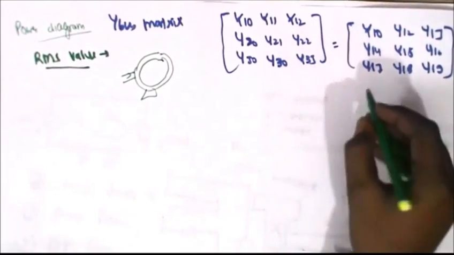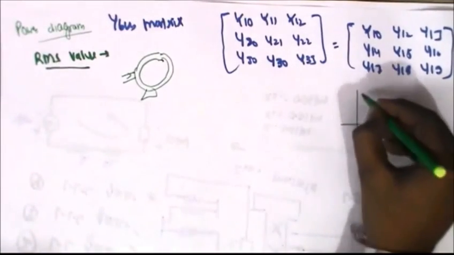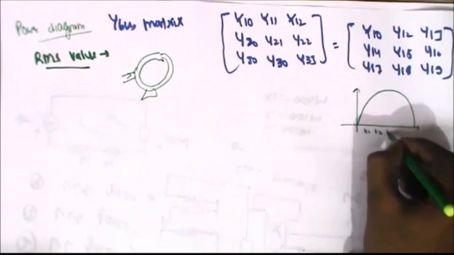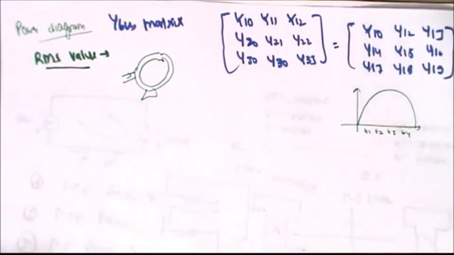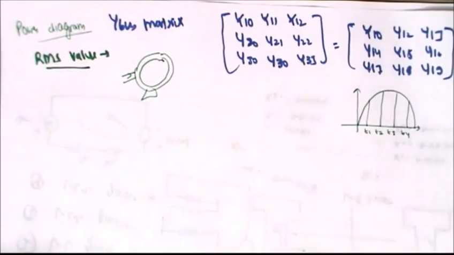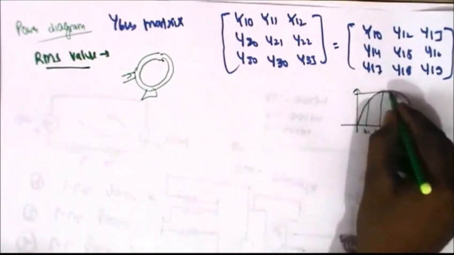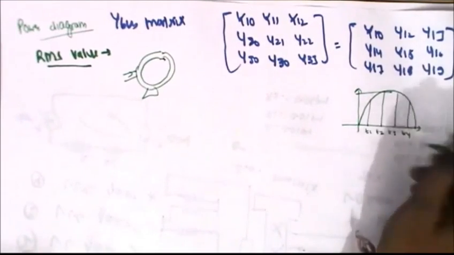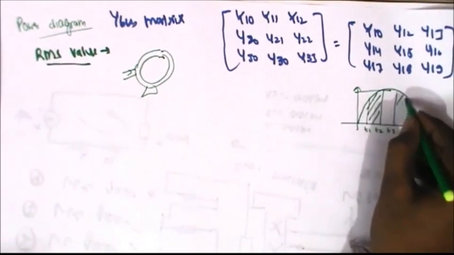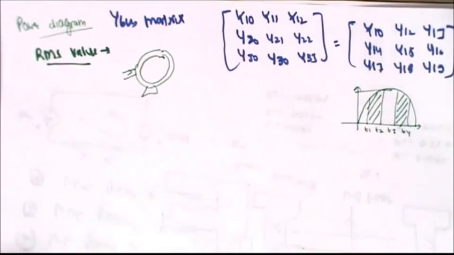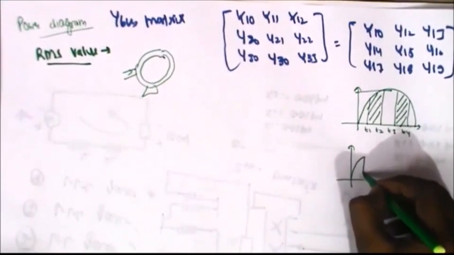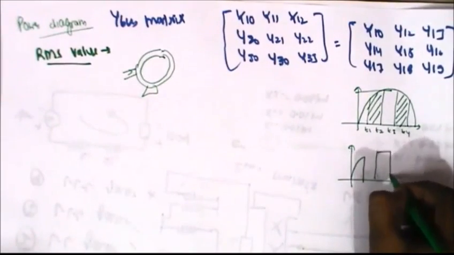Let us suppose, with the help of this example, we can easily calculate. Let us suppose there is an interval T1, an interval T2, an interval T3 and T4, and it can be represented by a single uniformly distributed line. If we are not able to supply this, what we can do is chop this waveform. After chopping, the remaining interval becomes like this. This is the chopped waveform, and there is a remaining interval which is like this.